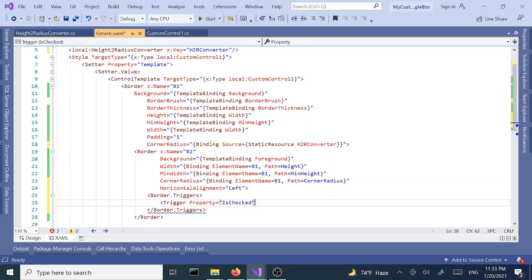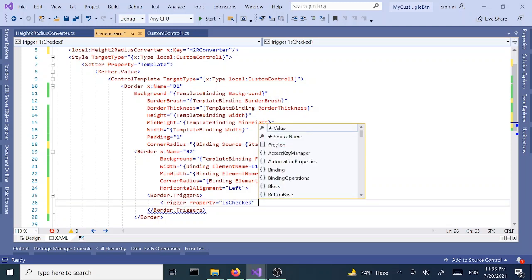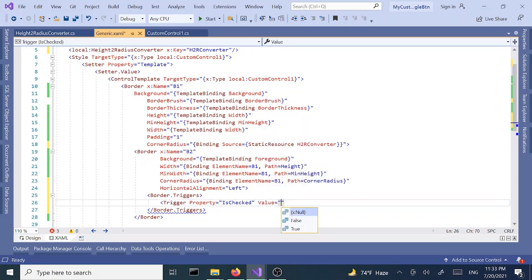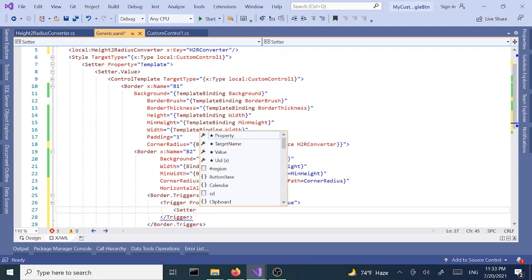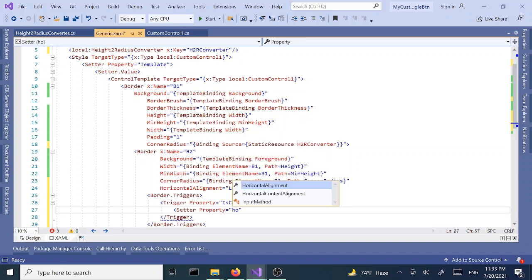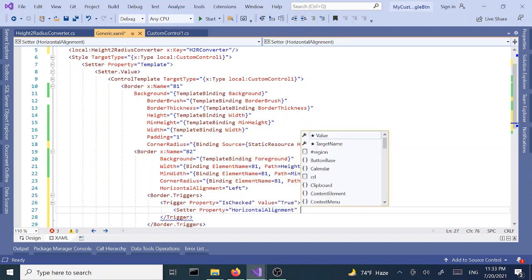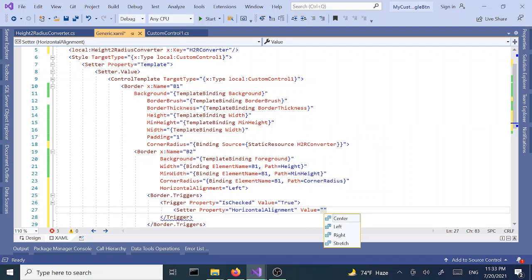Okay, and when this property is true, we want to set the horizontal alignment property, horizontal alignment, and value should be right. Okay,